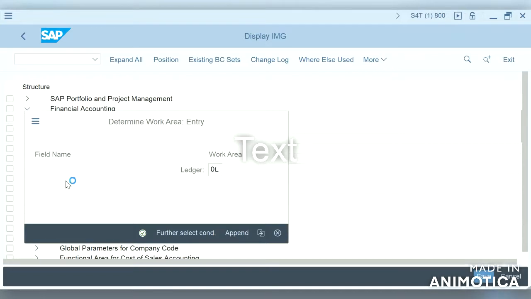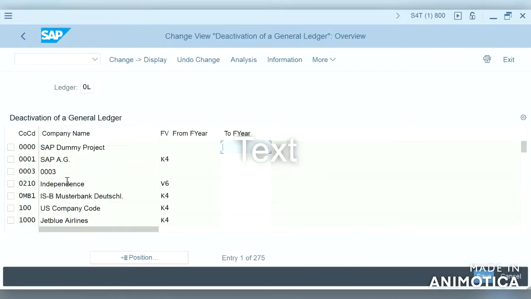If we check the GL, we can tell from which year to which year we have to use that. Later on, by default, that ledger will be deactivated. So that is the purpose of this setting.